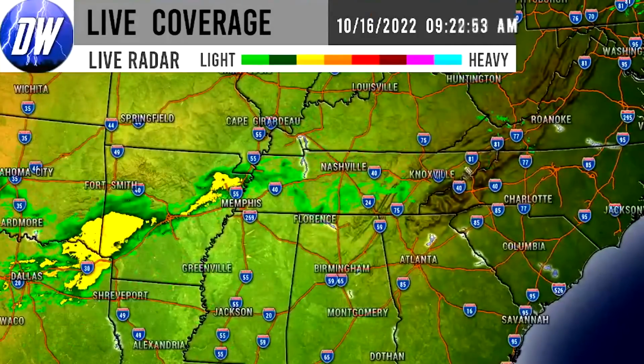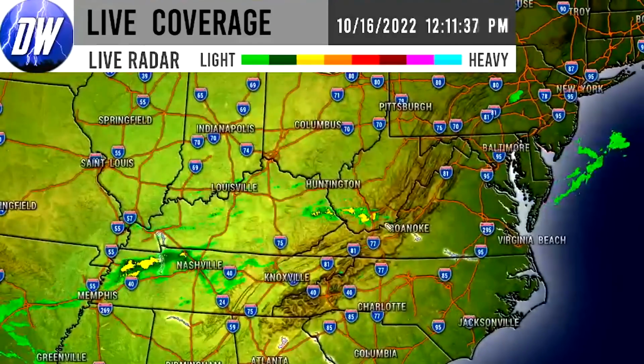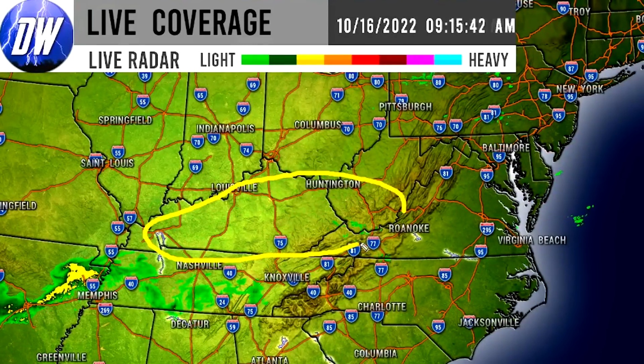bit more widespread over the Texas Panhandle down through Odessa region. And then all the way eastward towards Dallas and east of Dallas, we could see some heavier showers taking place over there as well. Now, this does spread all the way into Arkansas and Tennessee, like I mentioned. So we're seeing these regions here, seeing some of this storminess, and maybe a sporadic shower or two here over